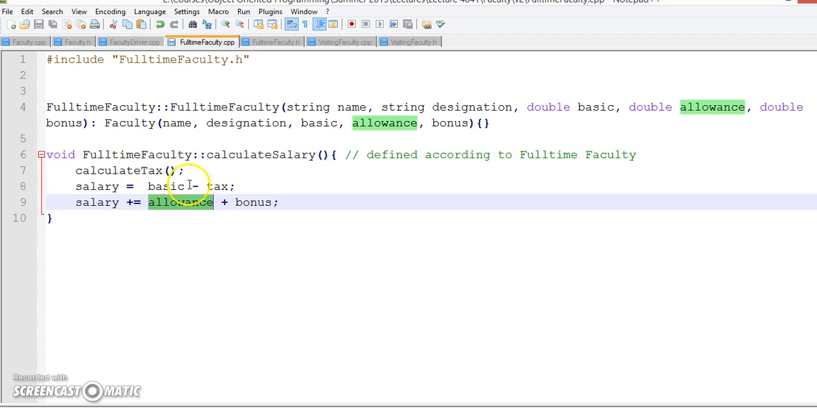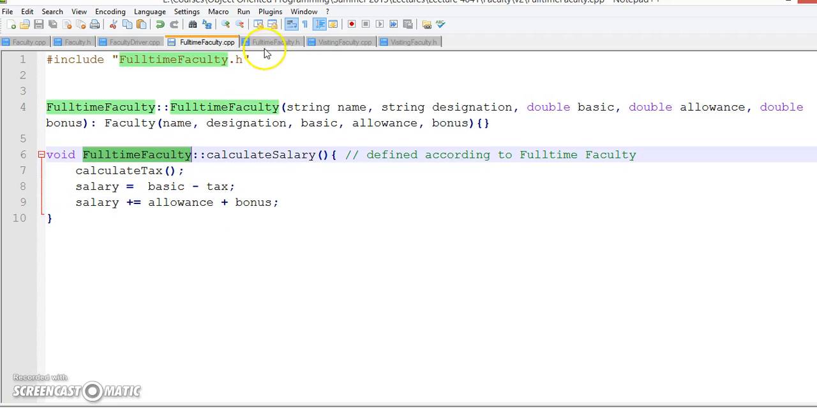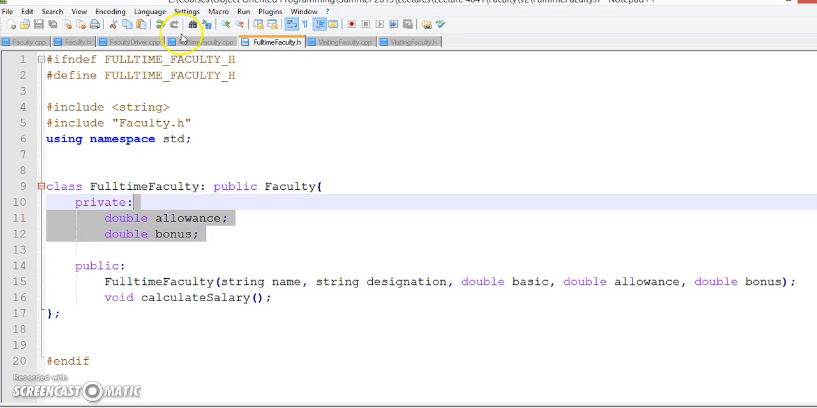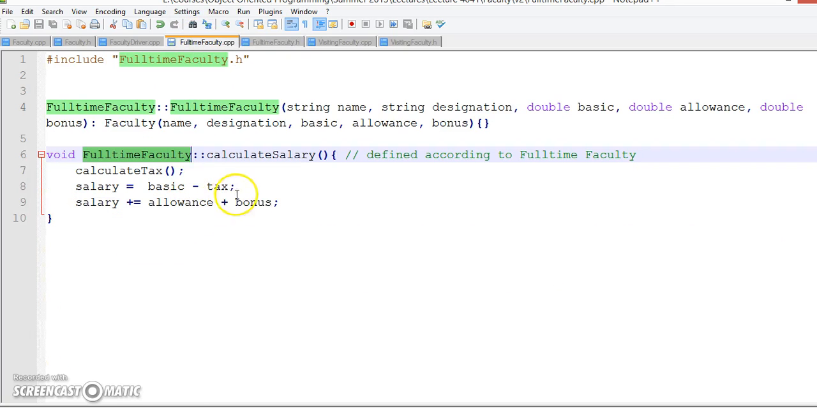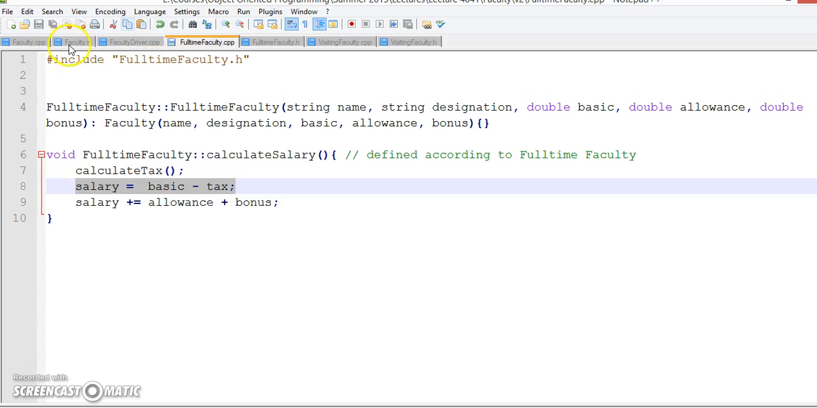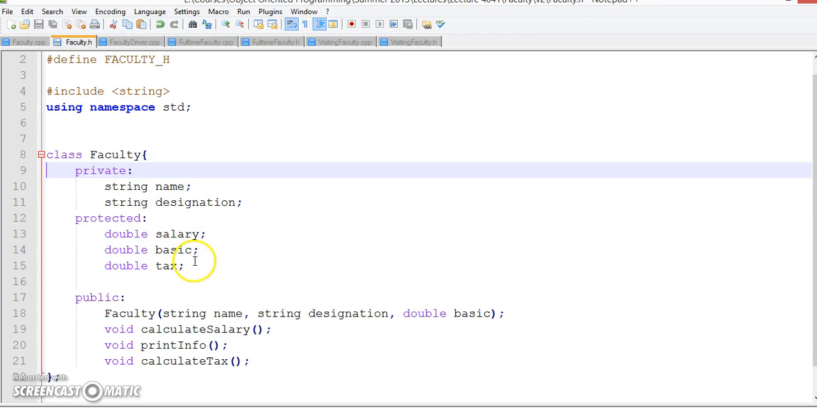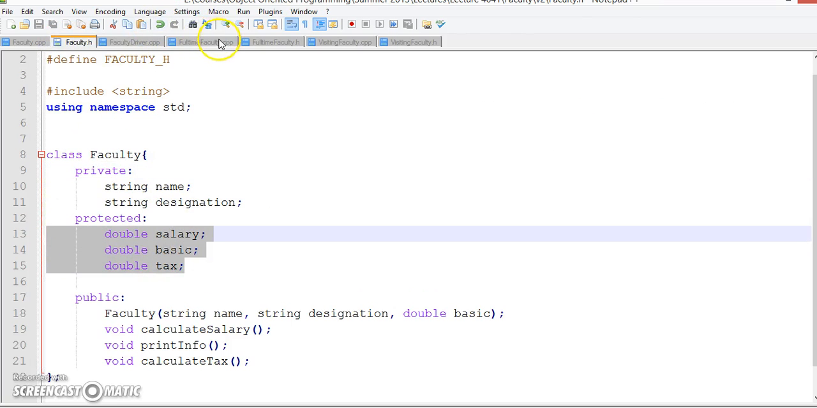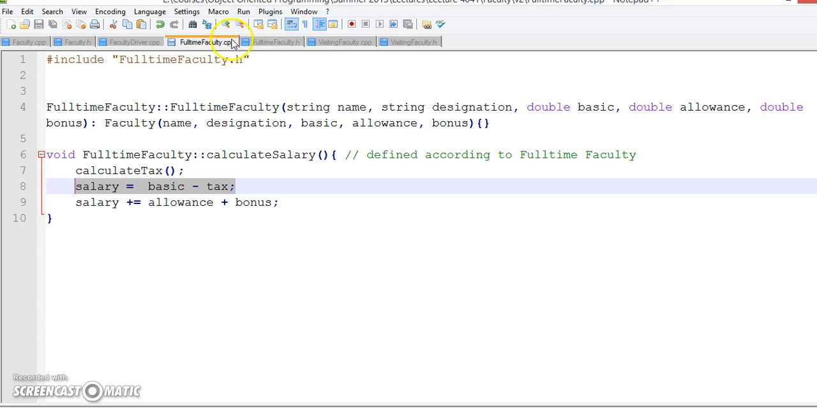Allowance and bonus are the private attributes of this full-time faculty class, which can be seen over here, and basic, tax, and salary are the protected members of the parent class. So protected members are inherited as protected, or you can say private. So let's call them basically protected. So these are inherited as protected, which means that they are not visible to the client. So anyways,